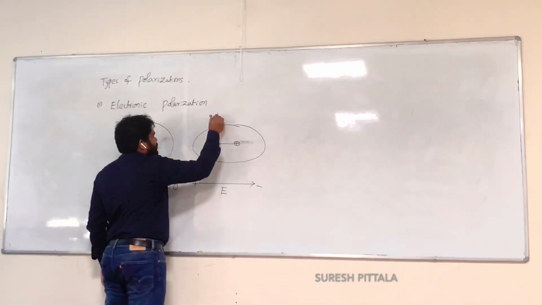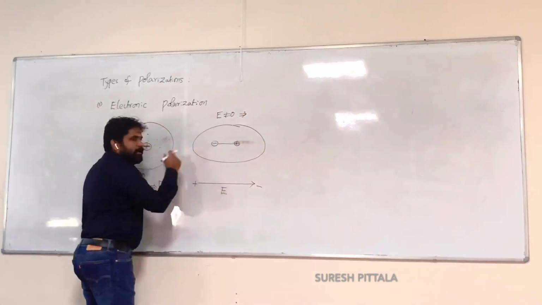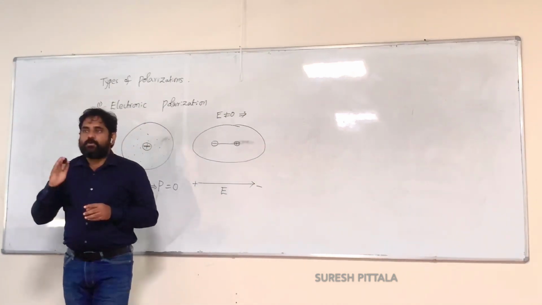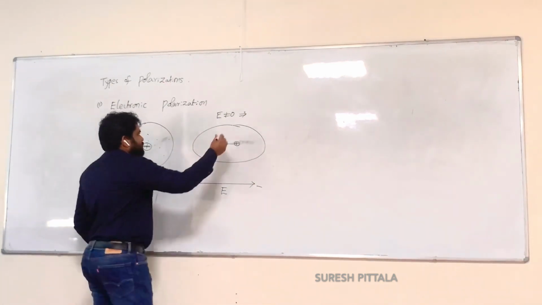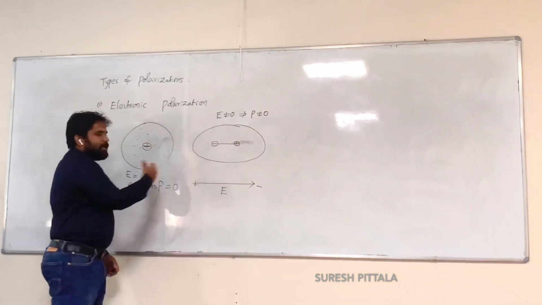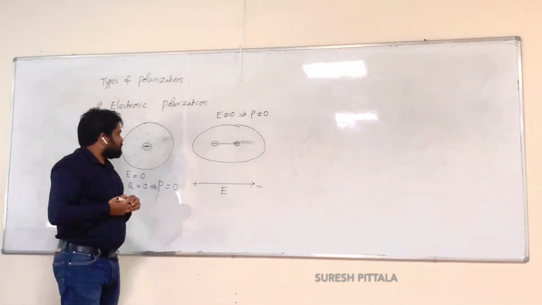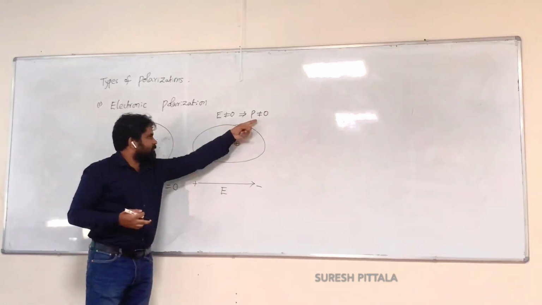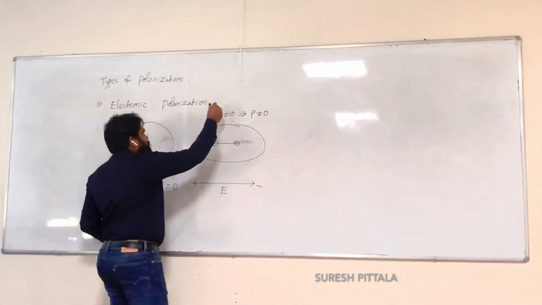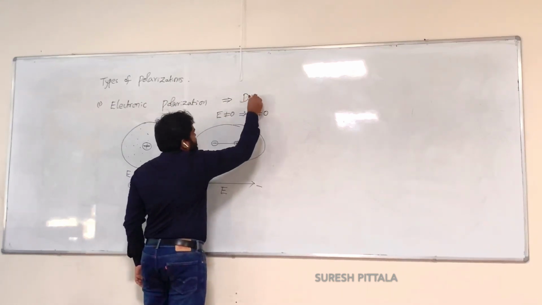So what happened? When E is not equal to 0, you have produced a dipole. Dipole has a dipole moment. Therefore, it has a polarization as well. So your polarization is not equal to zero. So this type of polarization we are saying it is electronic polarization. So how electronic polarization came into the picture? By the displacement of the electron cloud. So the reason or the mechanism is displacement of